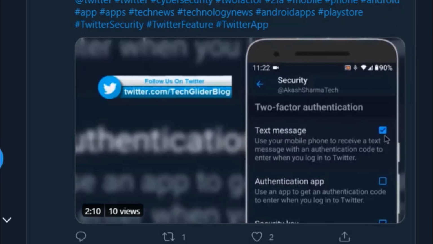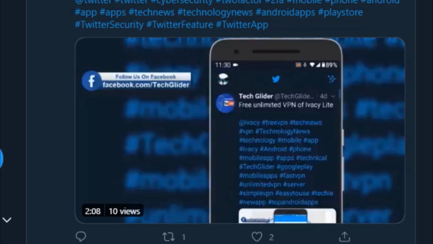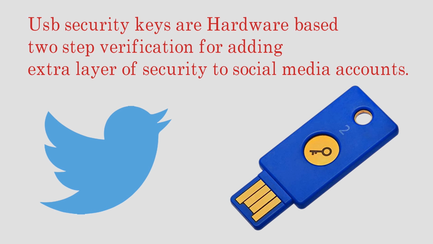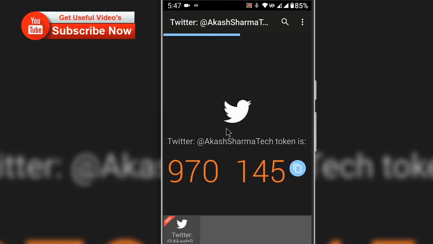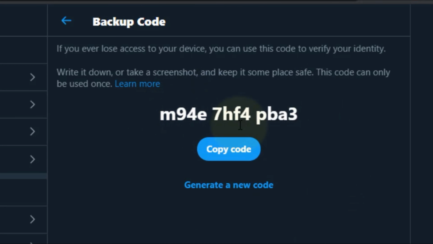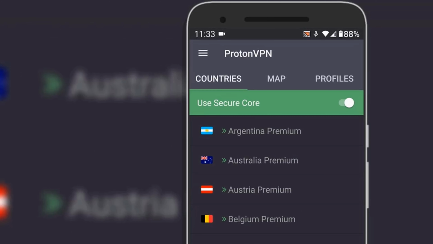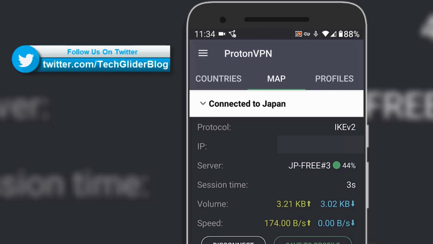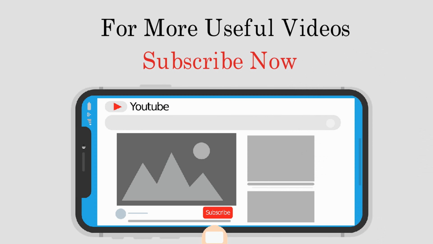You might want to use a combination of USB security keys and an Authenticator app, because this will ensure that you can access the Twitter account through the Authenticator app if you do not have the security key. The Authenticator app will help us sign in on a new phone. Remember to store the single-use backup code of Twitter in a safe place. Here is an extra security tip. Use an encrypted VPN that will protect your private information and sensitive data from snoopers while surfing the web at public Wi-Fi, hotels, airports, and corporate offices, etc.